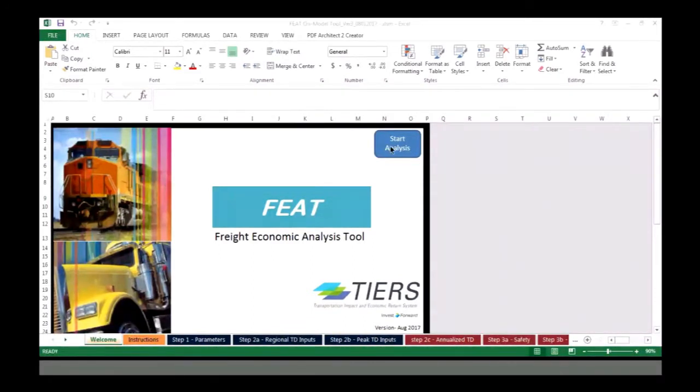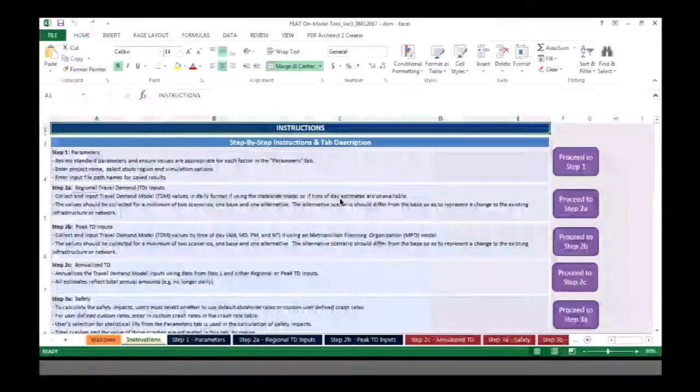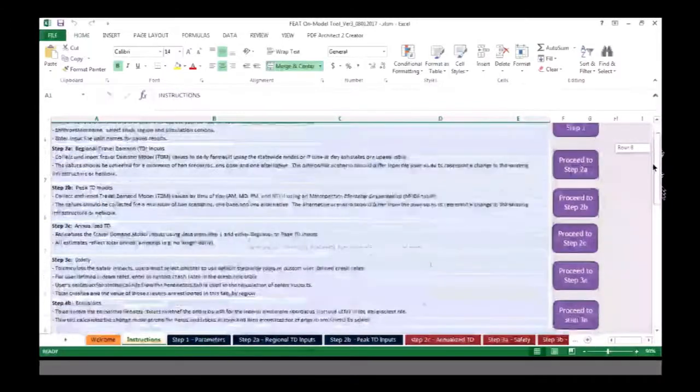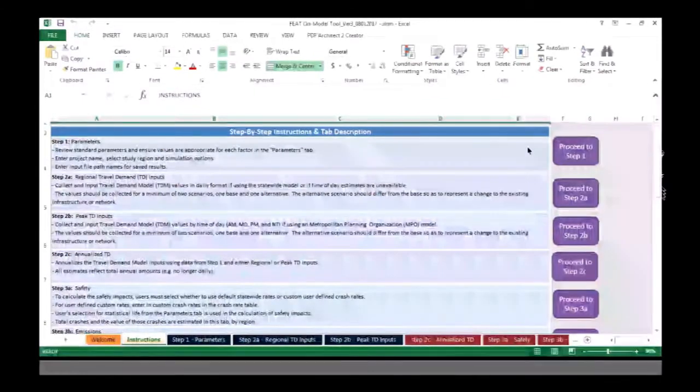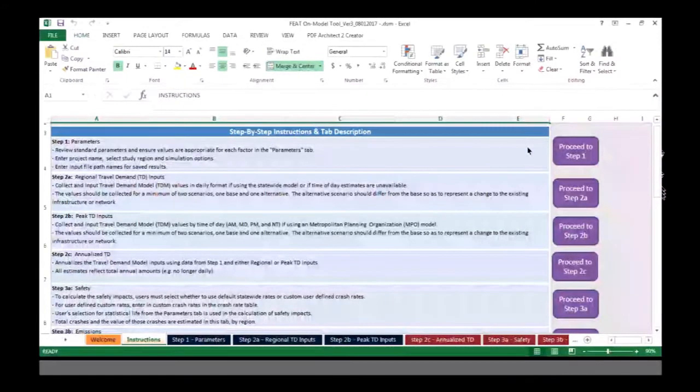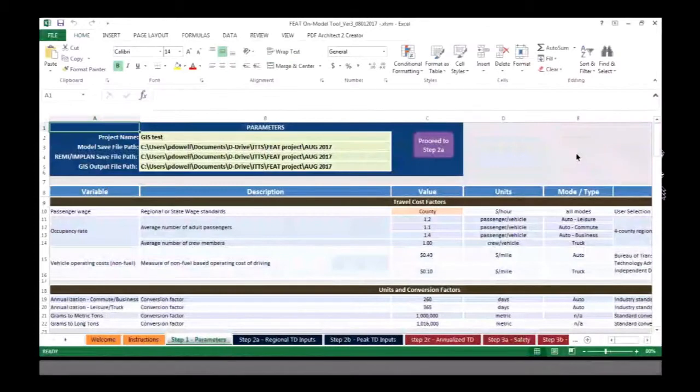Okay, so we'll start up here with the start analysis. And once again, this is just a quick step-by-step to let you know what all the tabs are doing. And it does follow along. Once you do this a few times, you're probably not going to have your user's guide right beside you, but this could be that quick refresher card for you. So if we go in with the